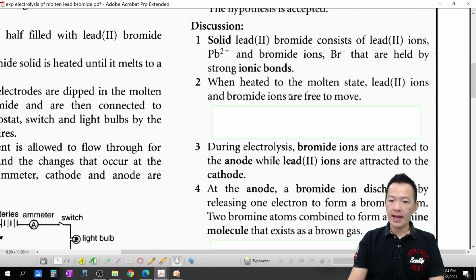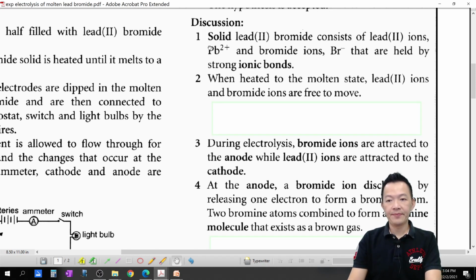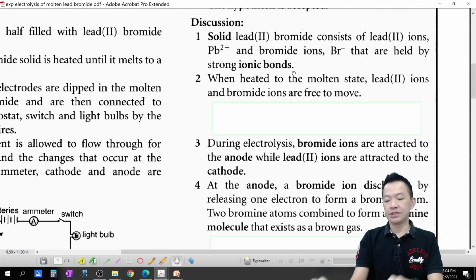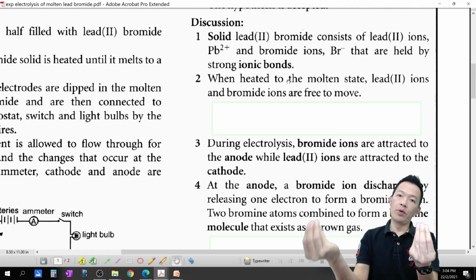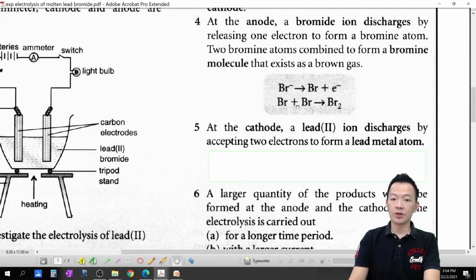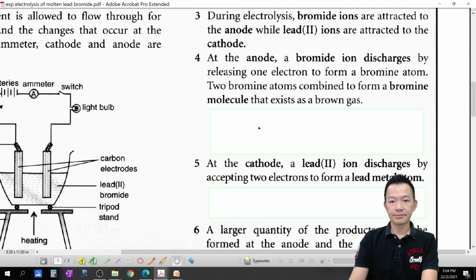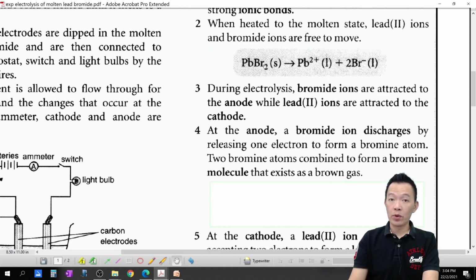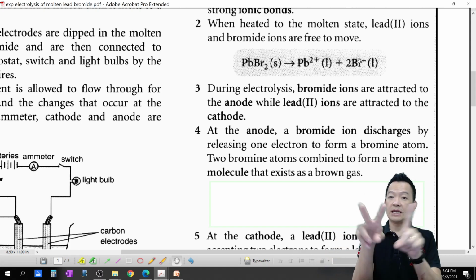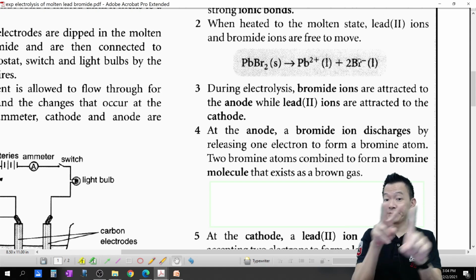Next，OK，再来。When heated to the molten stage, lead 2 ion and bromide ion are free to move. OK，当你烧给它溶的时候，lead ion, bromide ion, they free to move，它们跑来跑去了。So lead bromide 被你烧过后，become lead ion and bromide ion，它变成 lead 的离子加 bromide 的离子，哎，解脱了。So lead bromide 被烧过后，it become the lead ion 一个，加2个的 bromide ions，然后在你的杯里面，在你的碗里面跑来跑去。